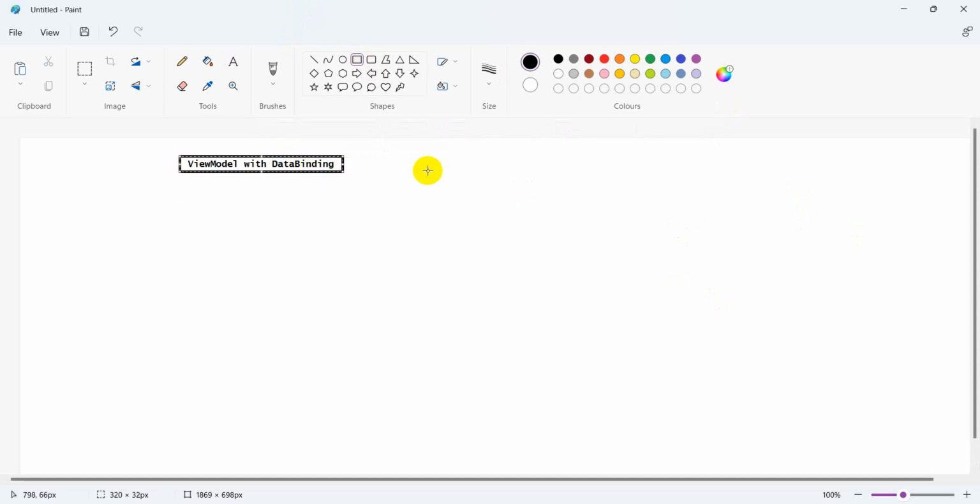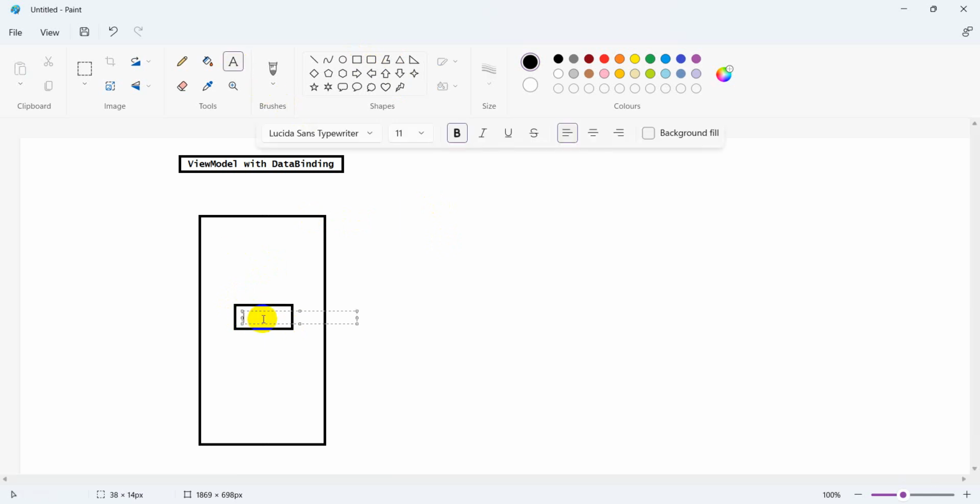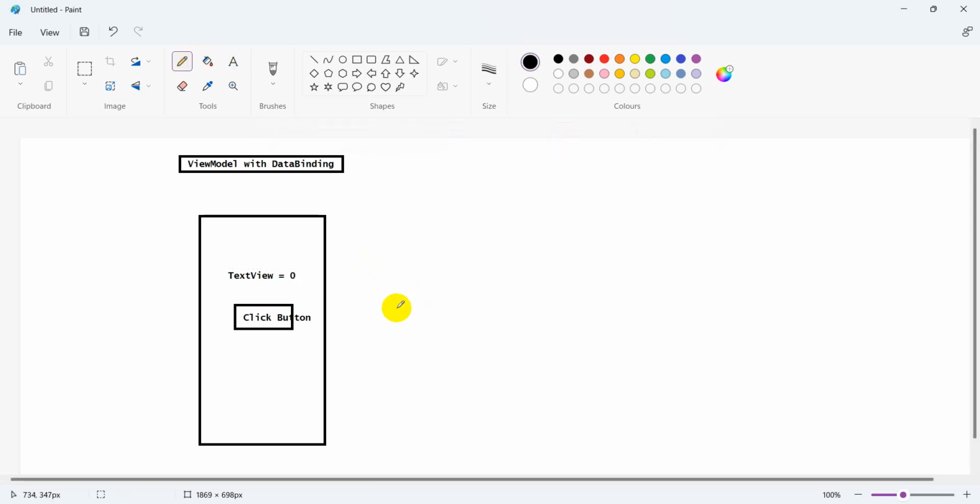So for the demonstration of this concept, I am just going to use my previous example. So this is the screen, and here is a click button, and here is a text view. The initial value of the text view, suppose it is 0, and when the user is going to click this button,